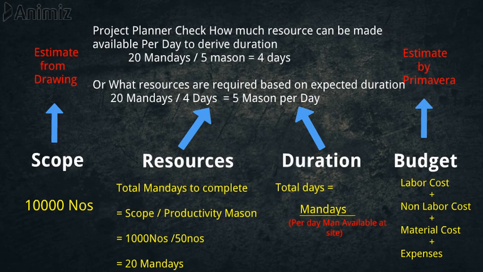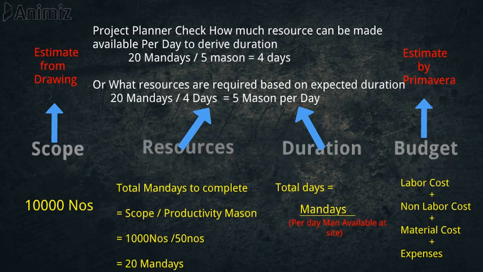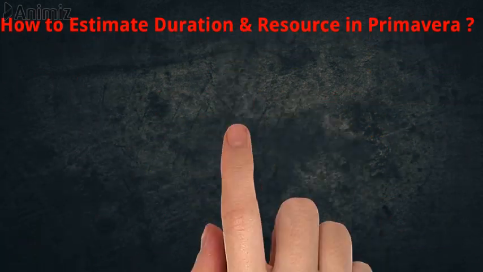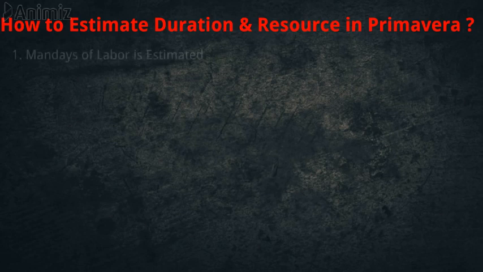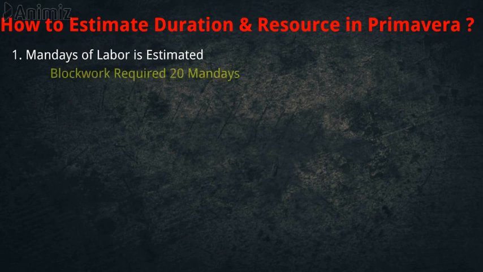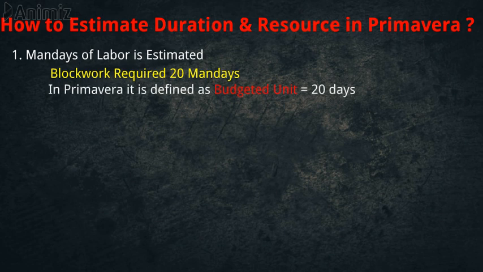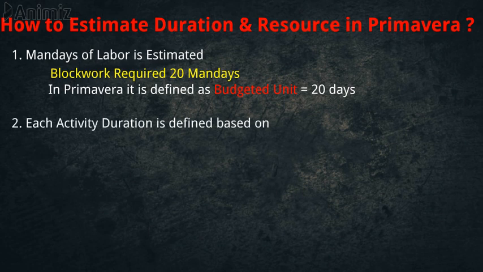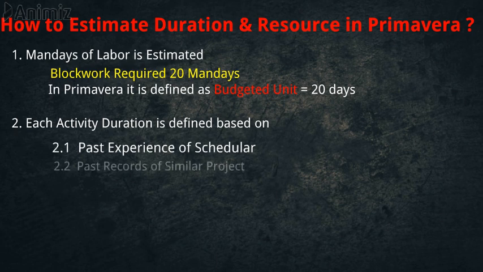Now sometimes we know in what days we need to complete the job. In that case, the planner will calculate how much resource is required to complete the job. So the scheduler either has to define the resources in Primavera in terms of man days. In Primavera, it is defined as budgeted units. We will define 20 days as the budgeted units. Or he has to define the duration based on his past experience of scheduling or based on the past records